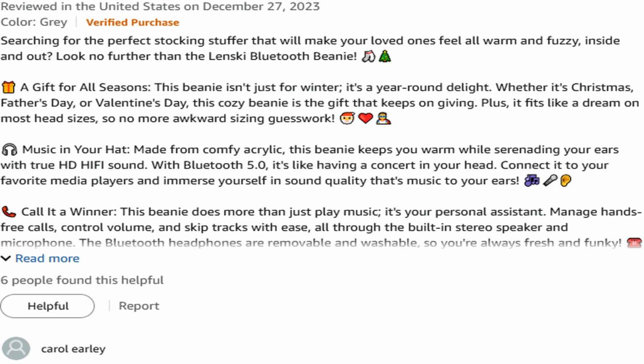The Lenski Bluetooth Beanie is a remarkable fusion of technology and comfort designed for those who want to stay warm while enjoying music and hands-free communication. This product has gained significant attention for its thoughtful design and practical features, making it a standout in the category